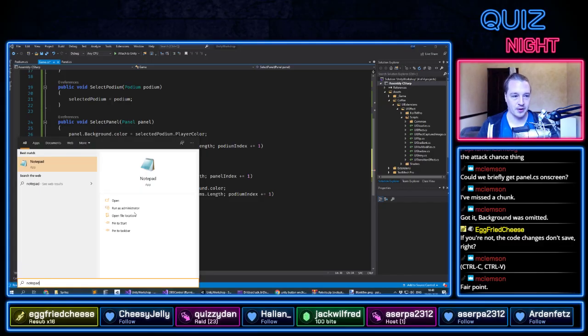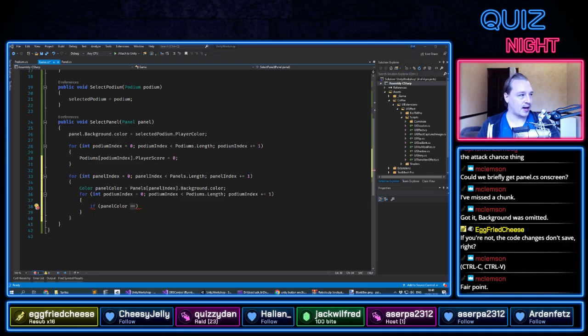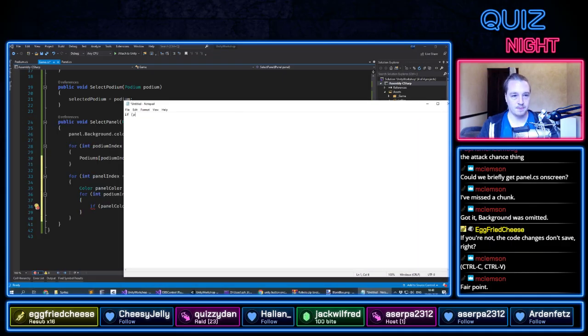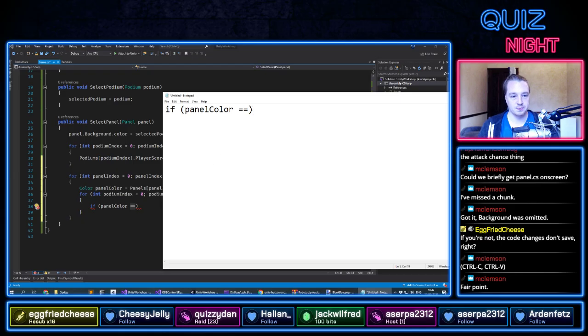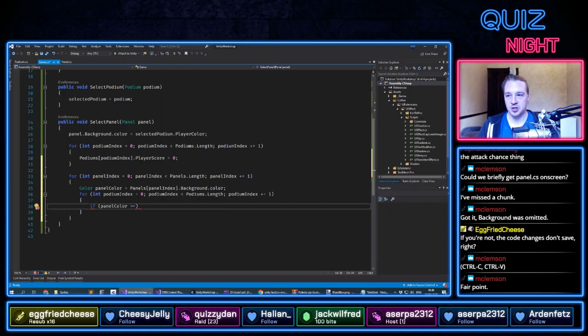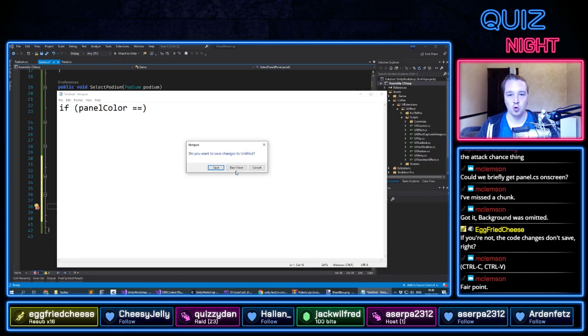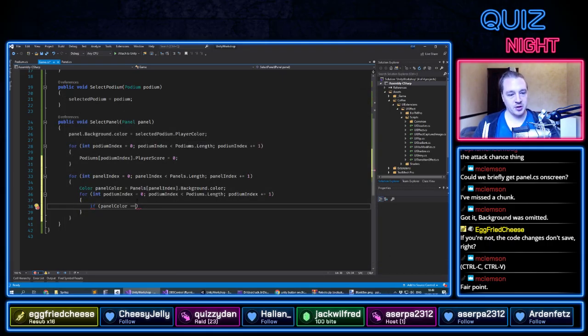If I were to go into Notepad, for example, it should read as if panel color equals, and you can see there those are two separate equal symbols. That's what it should read as, but my font does special things and converts it to make it look more readable, basically. So just bear in mind that there are two equals, and that is used differently to the single equals. Single equals is to assign a value. Double equals is to compare equality of a value. So panel color equals to